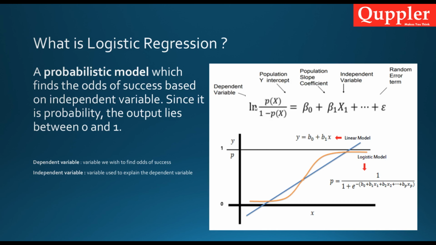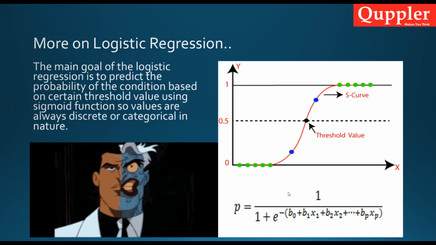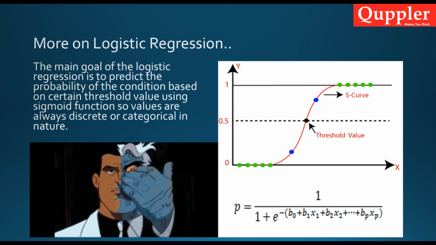This is an extension of the odds of success. First we're going to talk about this, then we're going to see how we can apply the odds of success on the equation of the straight line to get the equation of the logistic regression. So let's move on and see this part, the odds of success.